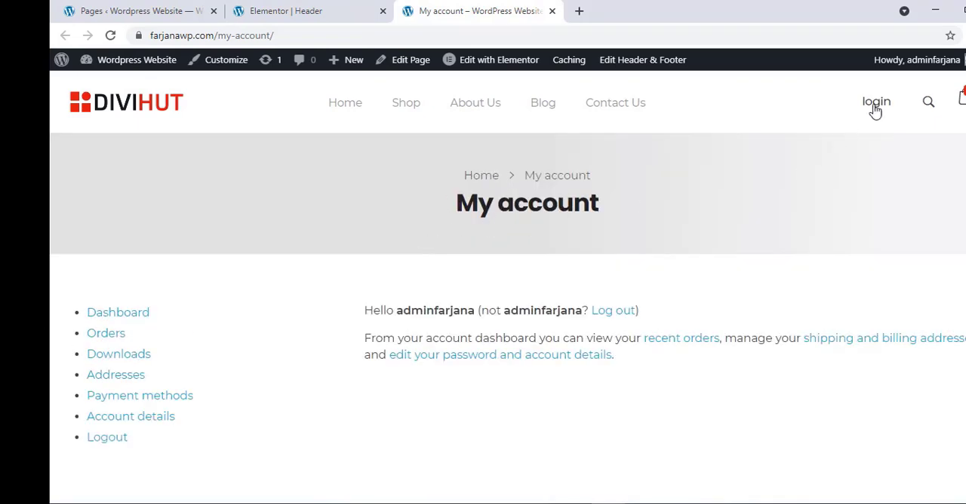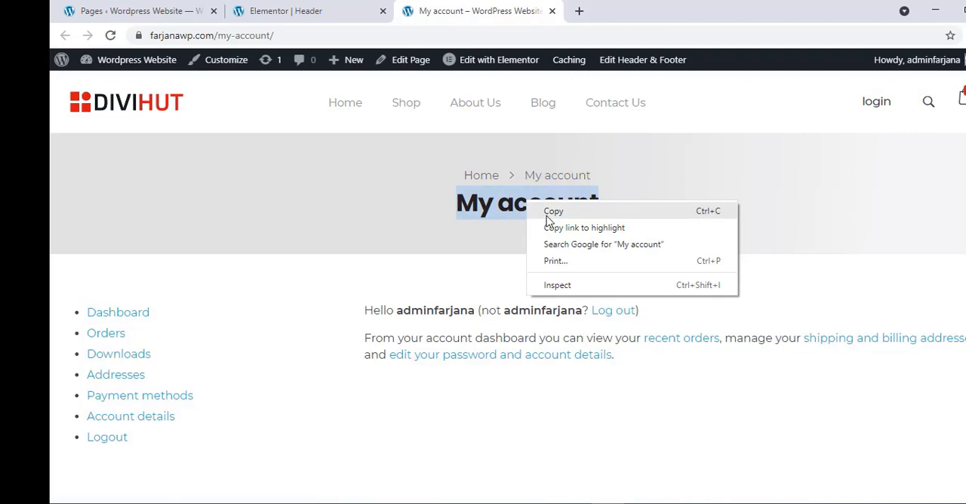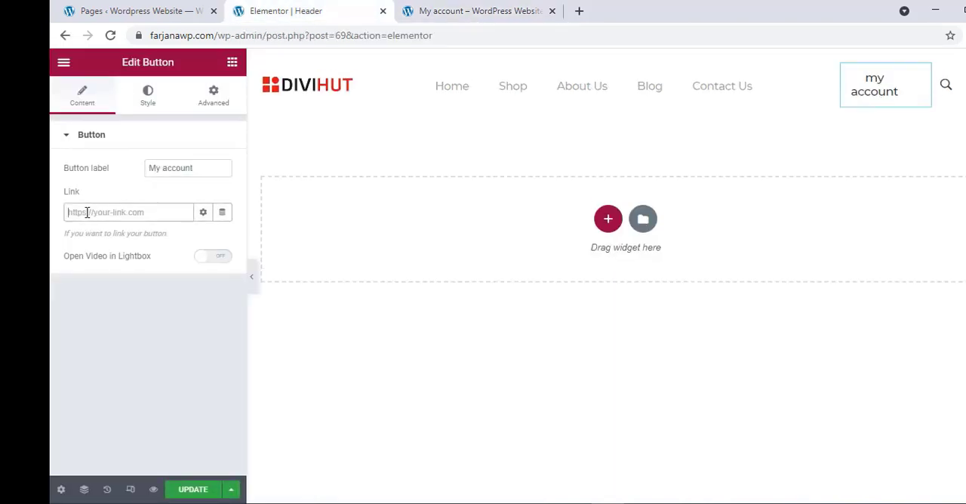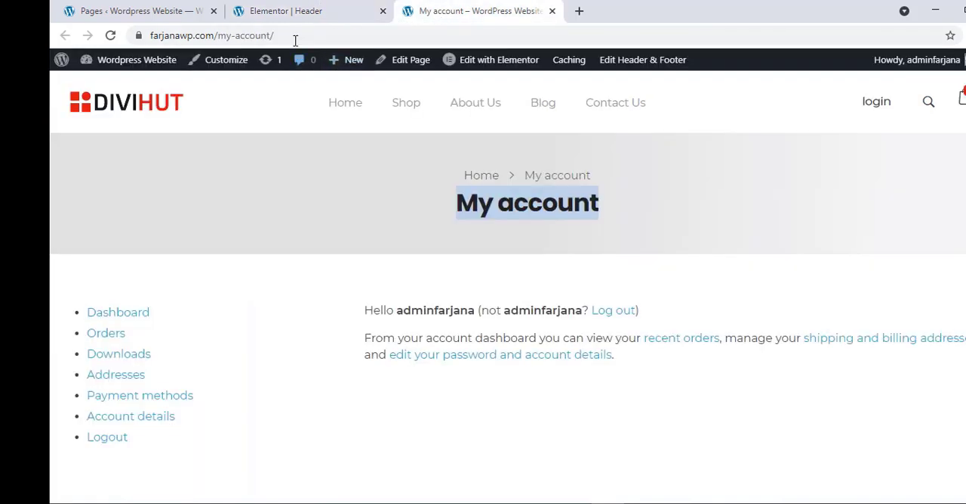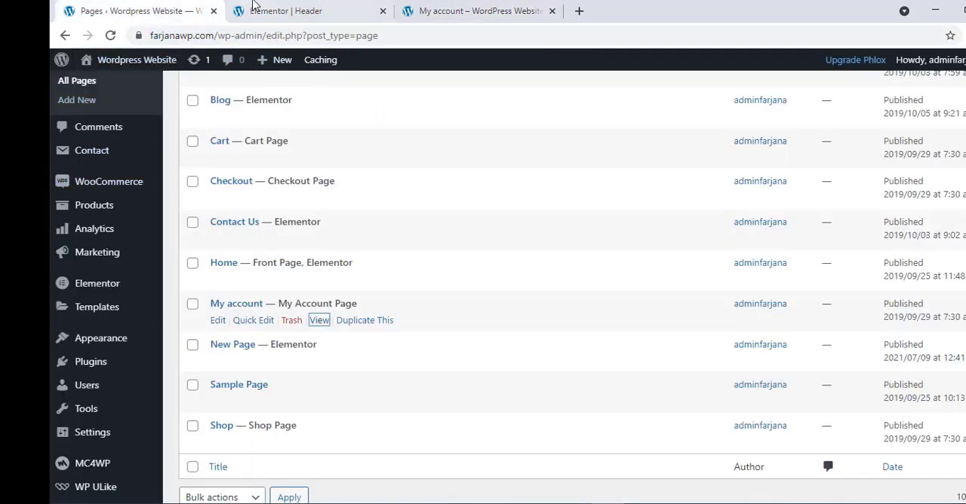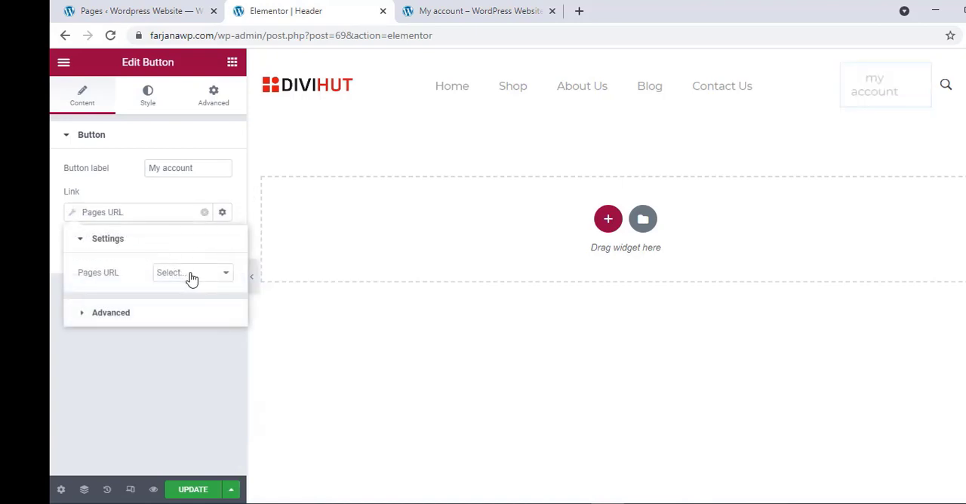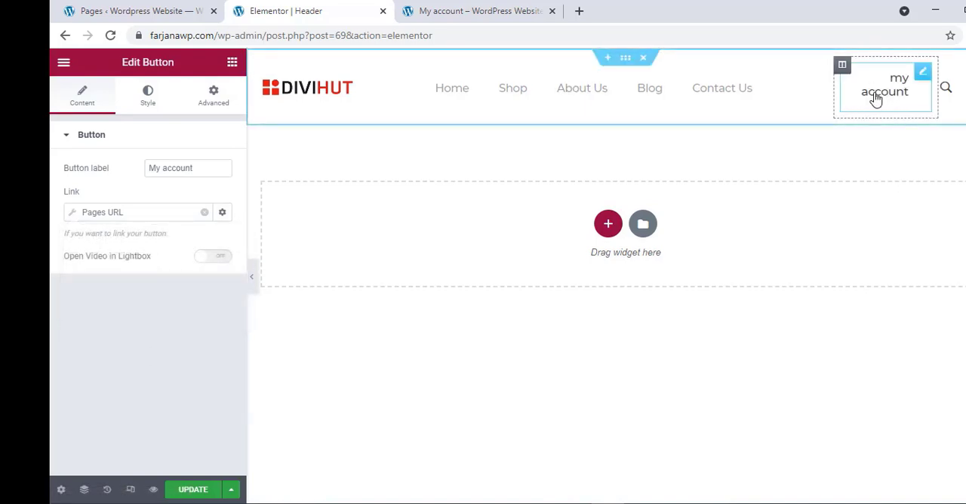So we can link this page with our login, and we can also change this login name. So here we can type my account instead of login. I am typing my account, and for the URL we can set this URL, or from here we can set the page, so page URL, and from here we can set my account page,